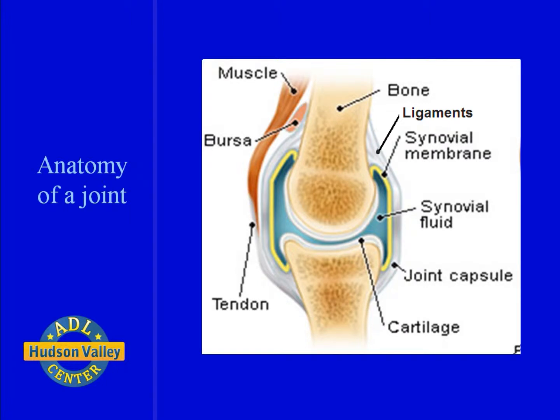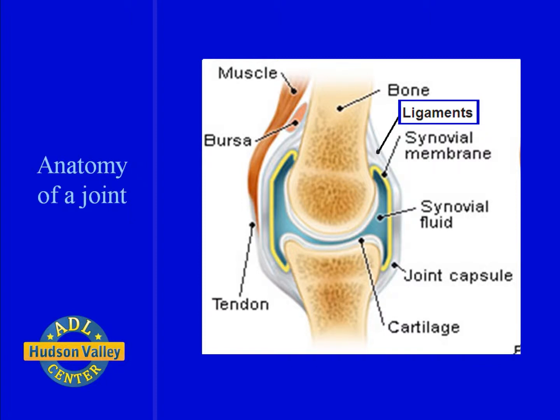We will spend a few minutes learning about joints. Joints are the areas where two or more bones meet. Joints consist of cartilage, a connective tissue that covers bones and is made up of cells and fibers and is wear resistant. Cartilage helps reduce the friction of movement. Synovial membrane, a tissue that lines the joint and seals it into a joint capsule. The synovial membrane secretes synovial fluid around the joint to lubricate it.